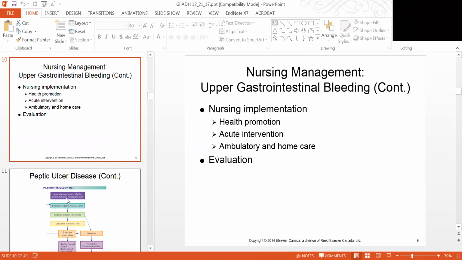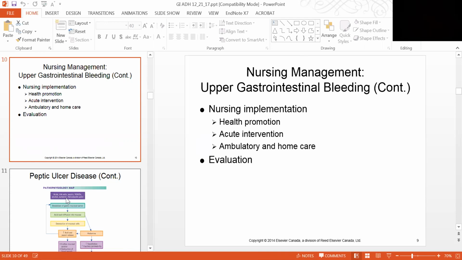You want to ensure the patient is aware that they should not take aspirin or NSAIDs, because that would cause gastric distress. Now, sometimes with some of our medications, the physician will often weigh the benefit versus the risk. And if this patient needs NSAIDs to function every day, they may put the patient back on their NSAIDs and monitor them closely, a lower dose, and put them on something that's going to coat the stomach, Prevacid or that